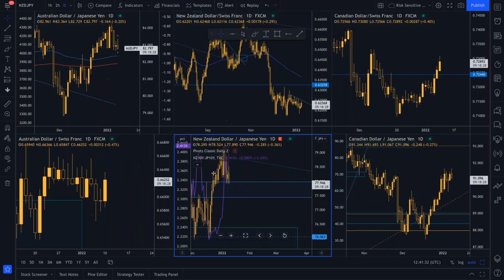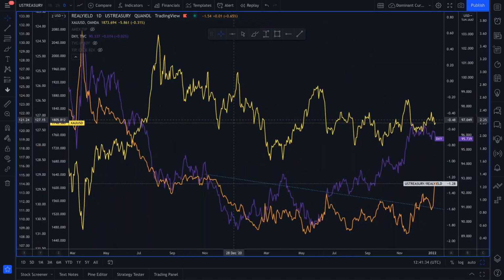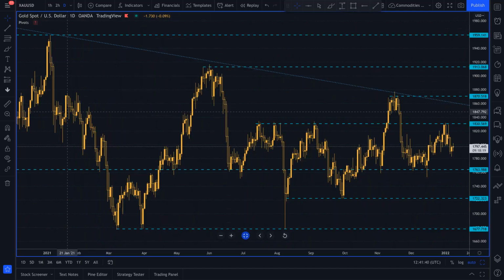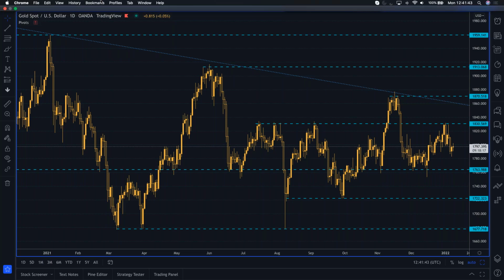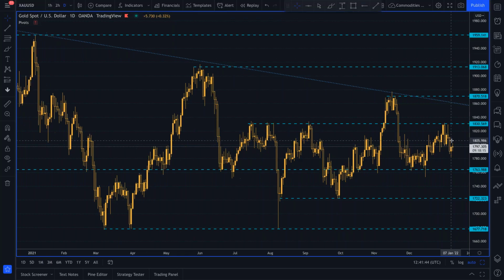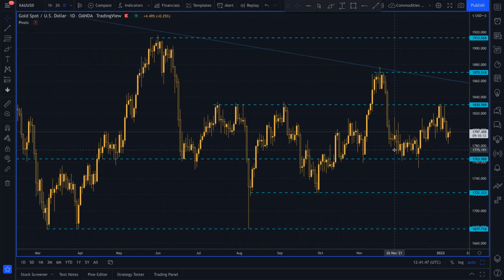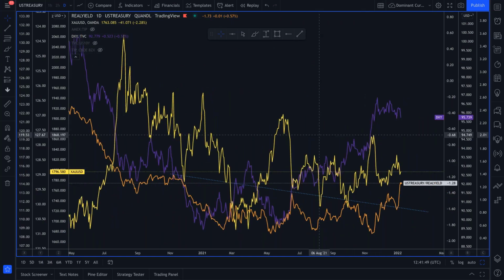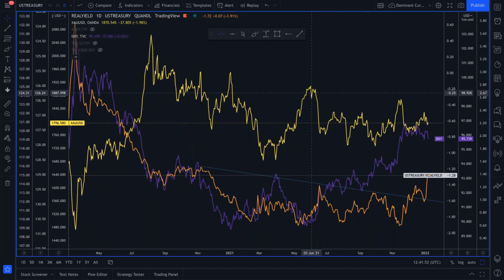Now, we'll look at gold as well quickly. Gold has some very, very strong seasonals at the moment. They're not playing out because of this move higher in real yields. Now, let me explain what's going on with gold. This is gold overlaid with real yields. When gold falls, it's when real yields and the dollar are moving higher.